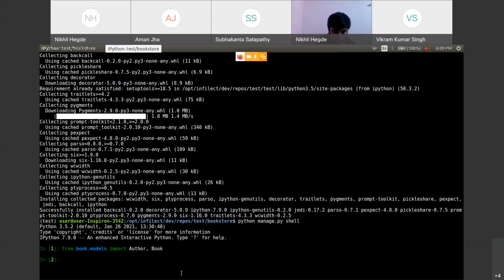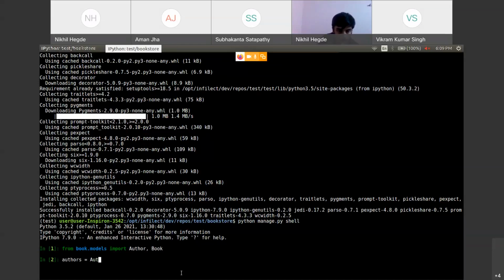First query will be, please note it down, how to list all the objects of the author table. How to do it? This is the ORM query to do that. I'll create a variable called authors, which will hold the output of the query.